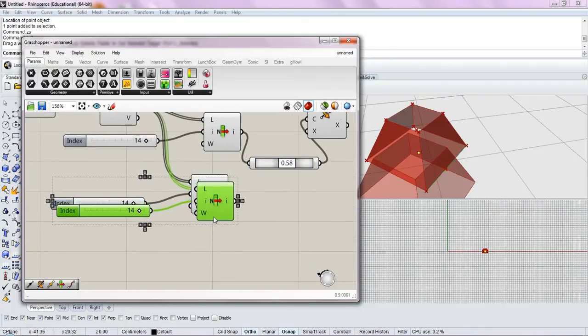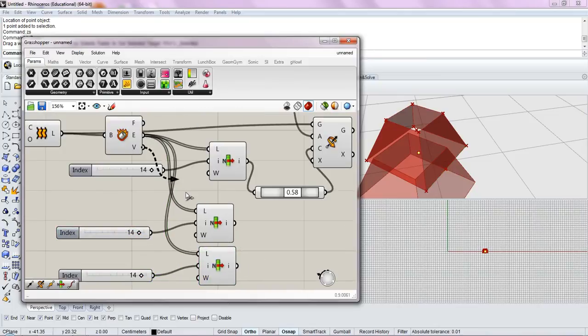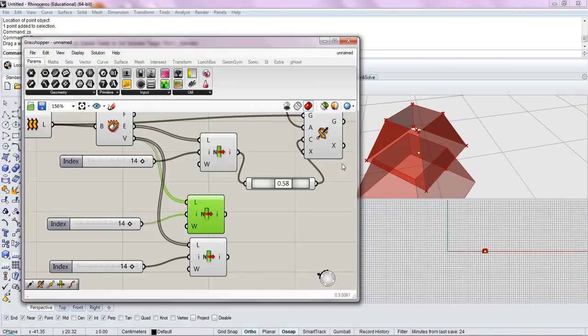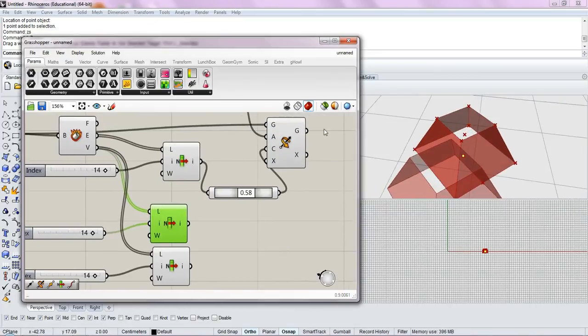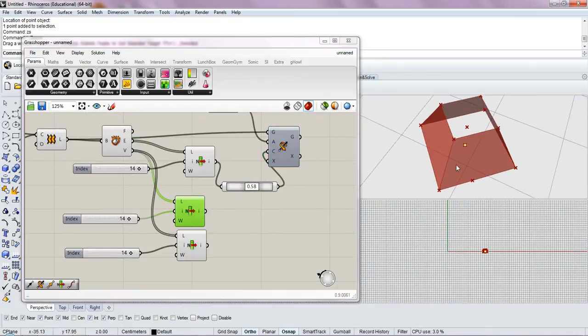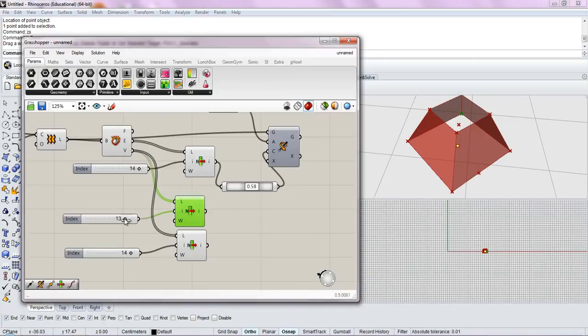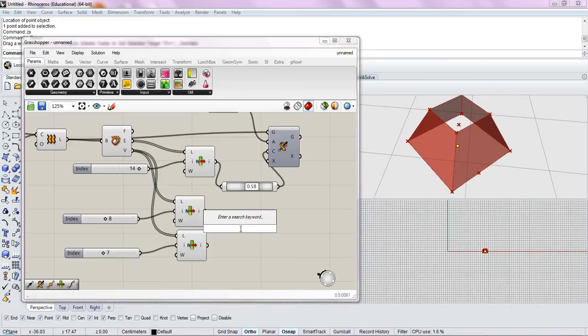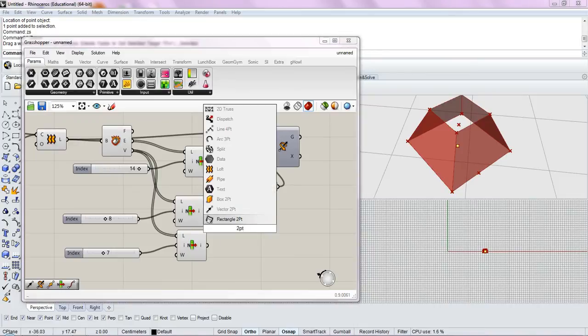Actually create two, because you're going to need the 2 points, and then plug your vertices in as your list, because we want to call out which vertices to work with. And then I'm going to disable the preview for this, highlight this, and see if you can see your points. There we go. Okay, so filter around, it seems like 0, 8, and 7 are what we need. Yes. So now with these 2 points, create a vector, a 2-point vector,